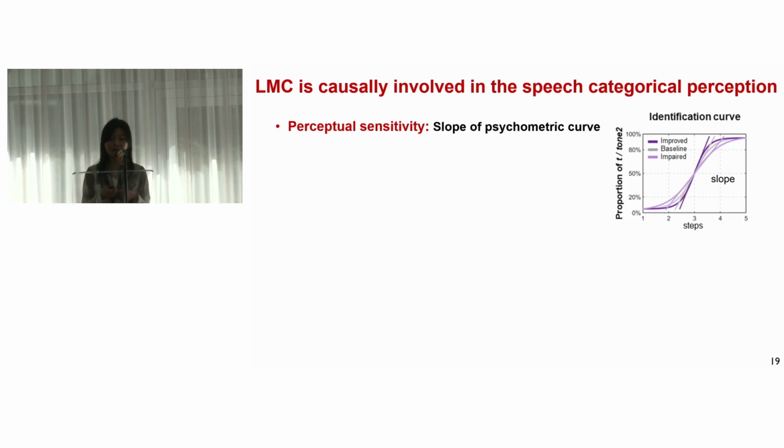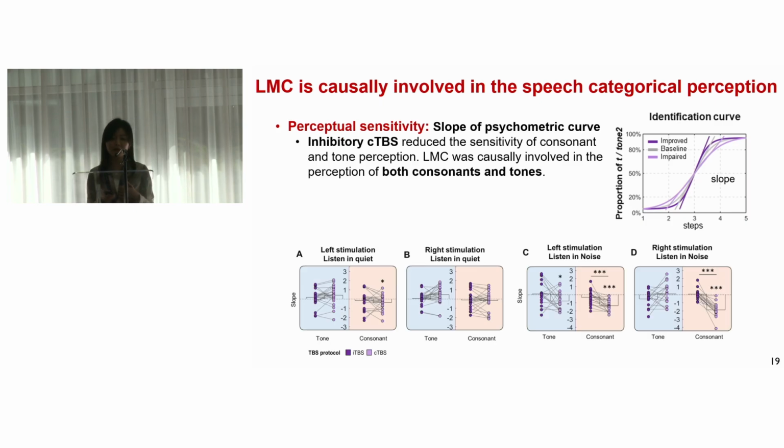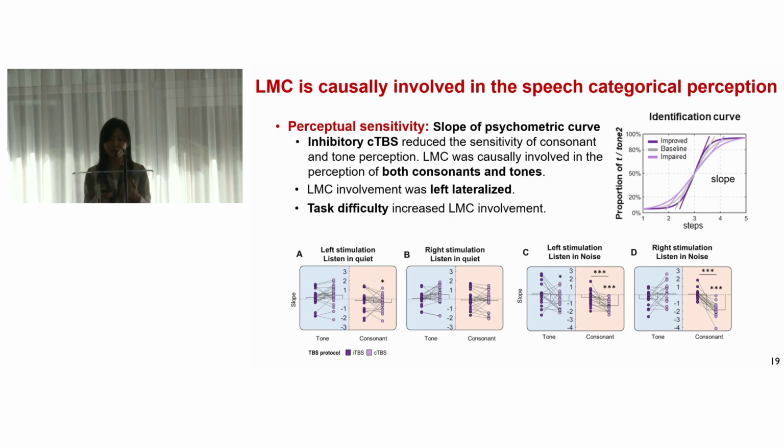So we first focus on the perception. We use the slope of the identification curve to indicate the perceptual sensitivity, and we found that the inhibitory cTBS actually reduces the sensitivity of the consonant and tone perception, which means that this area is causally involved in both the perception of consonant and tone. Also, the motor involvement is more left lateralized, and when the task becomes more difficult, with listening in noise, it increases the motor